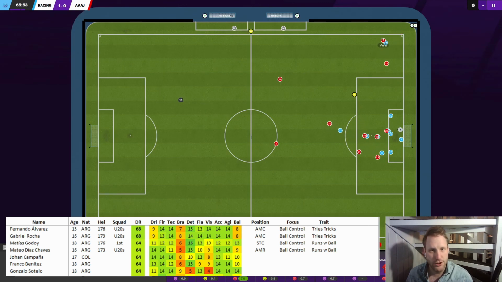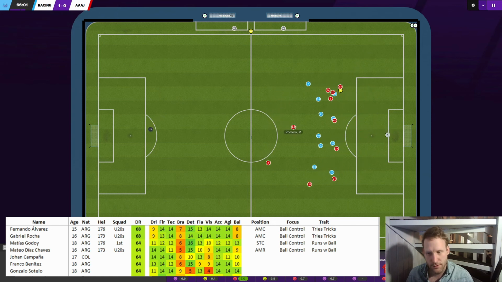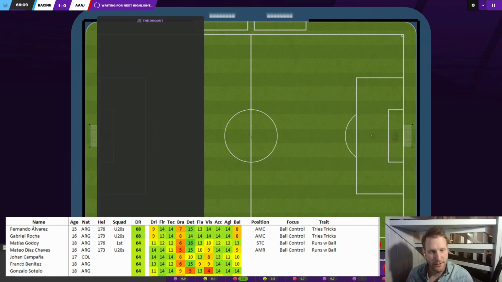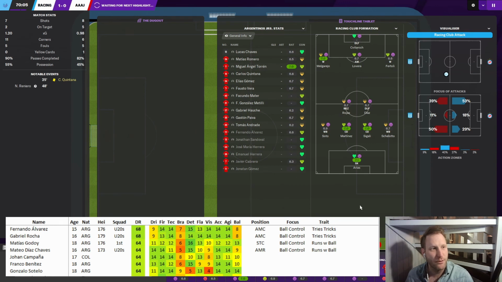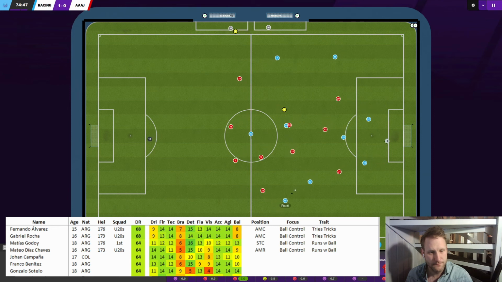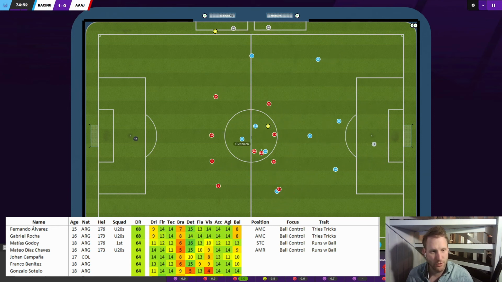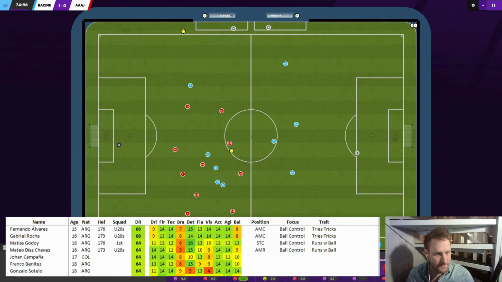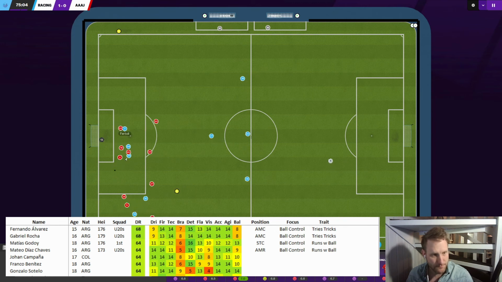Another corner, another short corner routine. What about this one? Okay, a bit of a special one. Looks like the change has had some effect. I agree with you. So this could be an embryo for an away tactic, because the 4-1-1-4 seems to be working fairly well at home. And I think we have been a little bit more solid in this game since we switched to the 2 defensive midfielders.